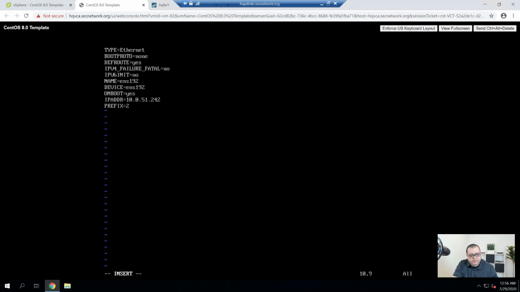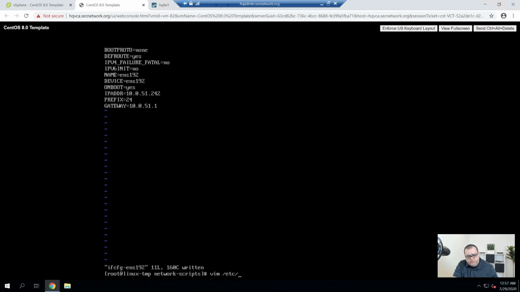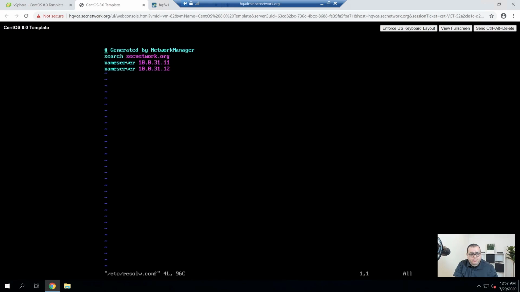Prefix is going to equal 24. Gateway is going to equal 10.0.51.1. And we'll look at resolv.conf. That can stay for now.